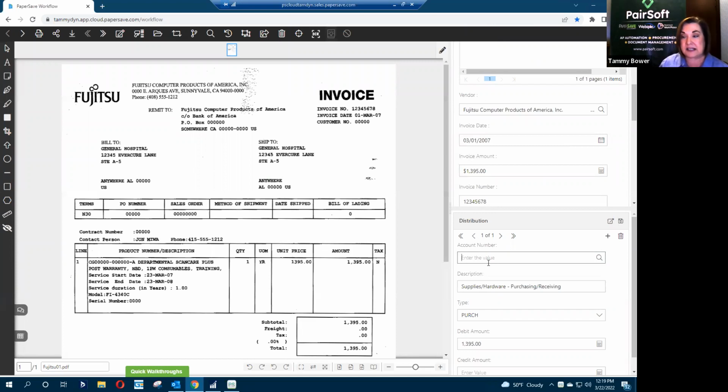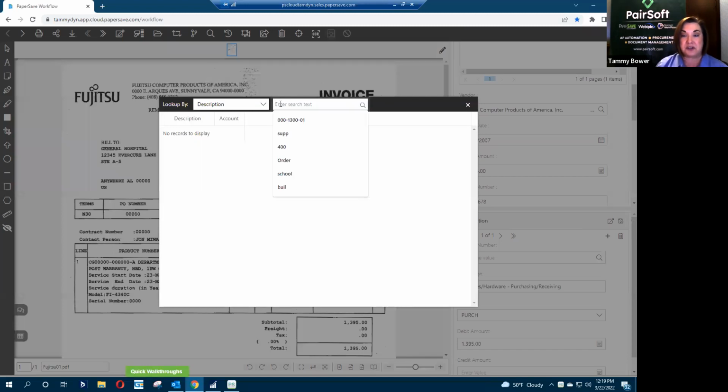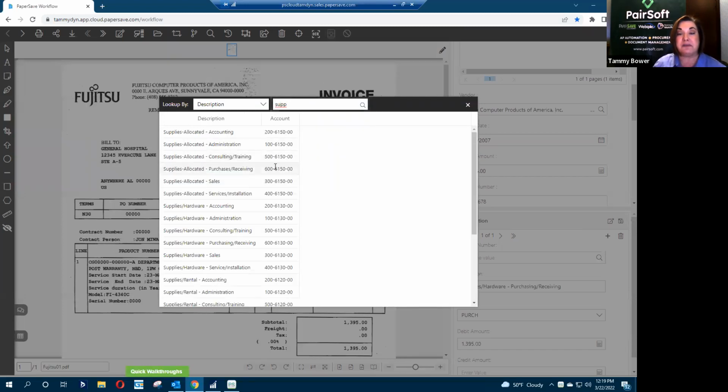One of the nice things about allowing your approvers to do that is PaperSave can set restrictions. So if Miles, that's Sue's inbox, I'm playing Miles at this point, is the manager of the services and installation department, when he types in supplies, that department happens to be depicted by the 400 number in my first segment of my account.